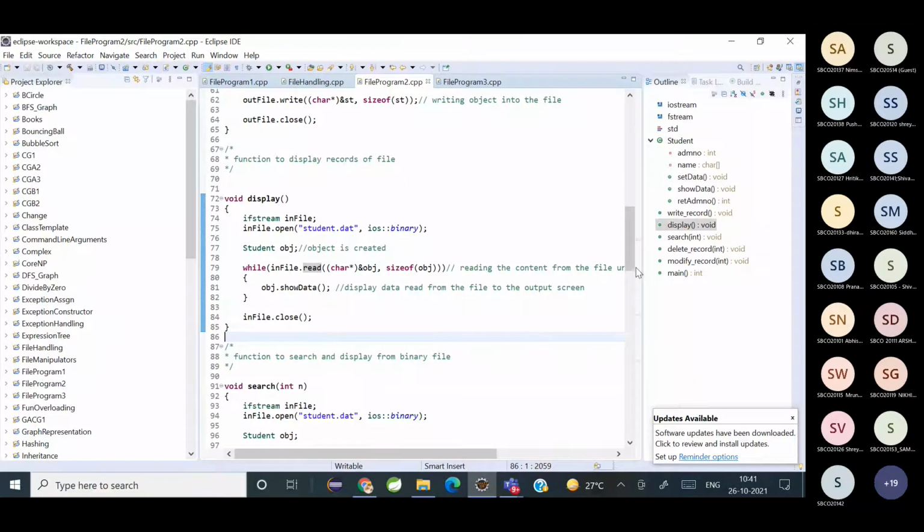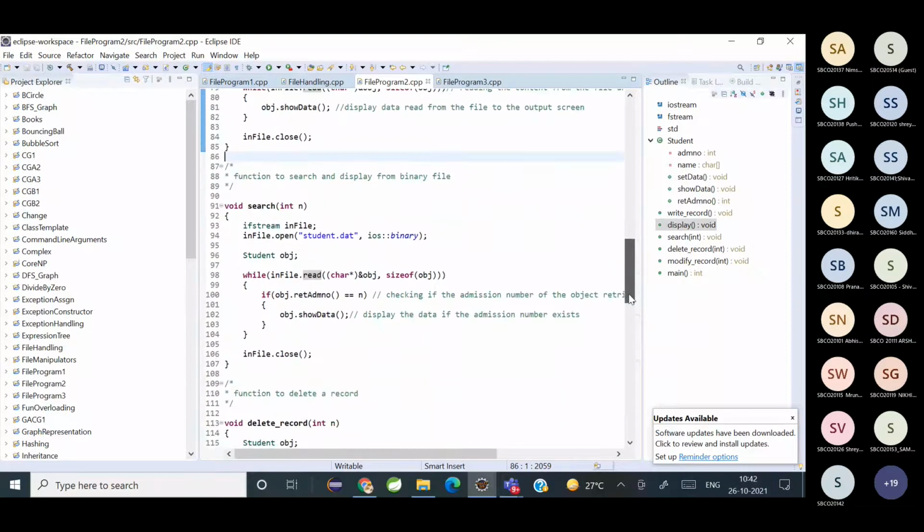Okay, fine. Now look at the search function. Again I'm asking you, ifstream. In the search function, will it be a read or write operation when we want to search for something in the file? Will you open the file in read mode or write mode? Read mode, because we are not writing anything.